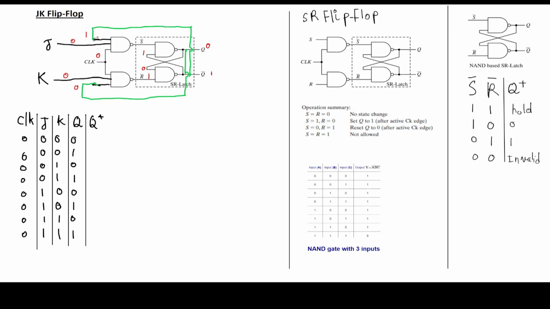So this is 1. So now for this top NAND gate, we have 3 inputs: 1, 0, and 0. If we go back to our truth table here, we have 2 zeros and 1, the output will be 1. So this S bar will be 1. Now, S bar is 1 and R bar is 1. If we look in our latch here, when S bar is 1 and R bar is 1, we hold